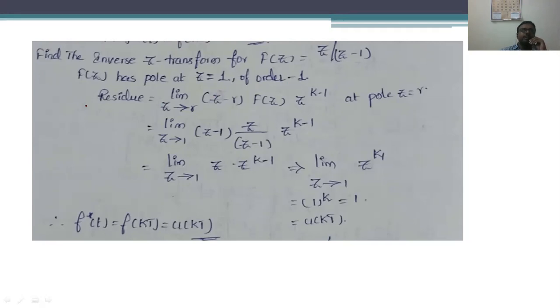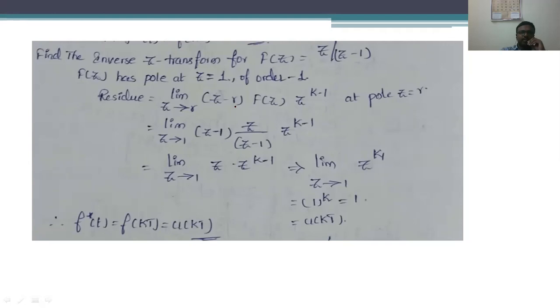Okay, so in the previous Z transformation method, we have to multiply that particular equation with 1 divided by 1 minus e power st into z inverse. But in order to perform the inverse Z transform with the residue method, we have to multiply that f of z with z power k minus 1. This small clarification has to be understood in the case of the Z transformation method as well as in the inverse Z transformation methods. Okay, so just substituting that value, z minus r is nothing but the pole.